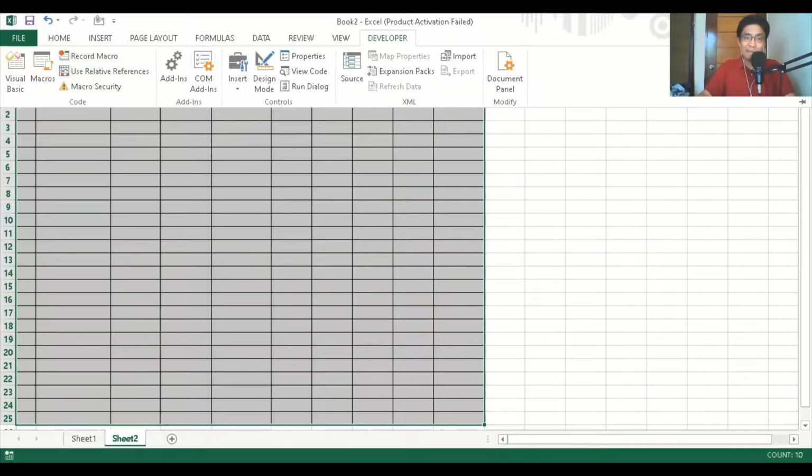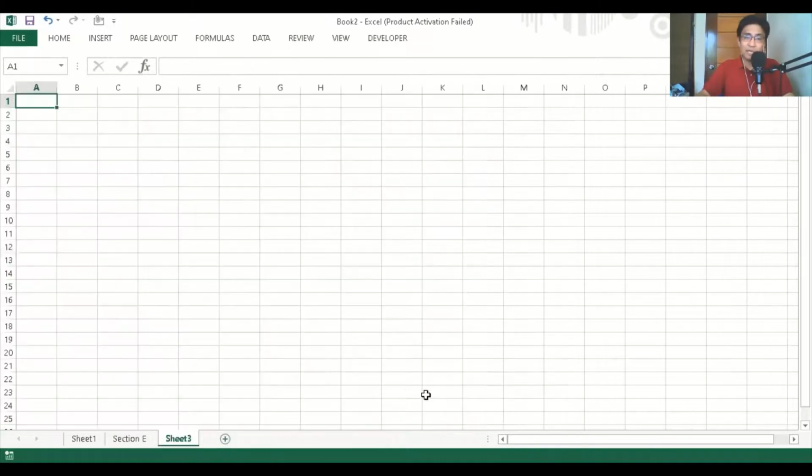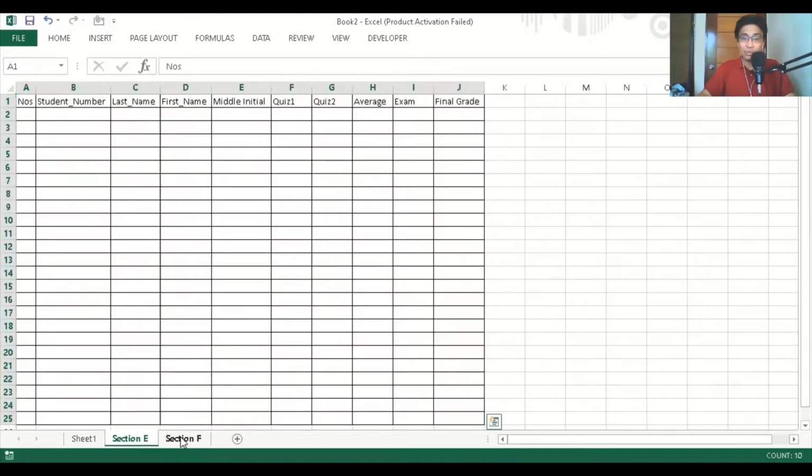Look at this. For example, this is applicable to another section, for example section E. Then the dean, the principal, or the program chair assigns you another subject. For example, you already assigned one subject, just see it in Canvas. If that is the case, you just need to create another worksheet and name it section F. Instead of typing all these things, which will consume a couple of minutes,